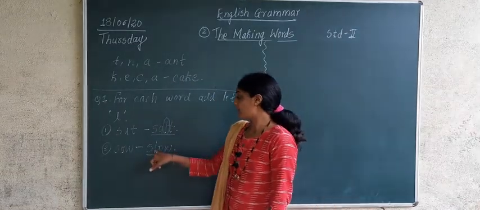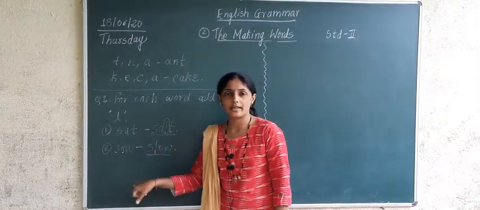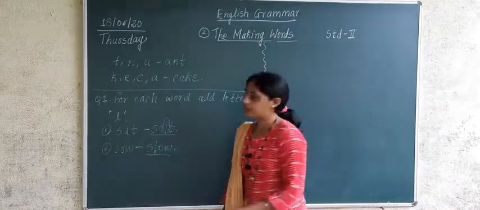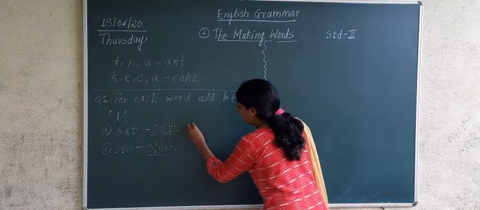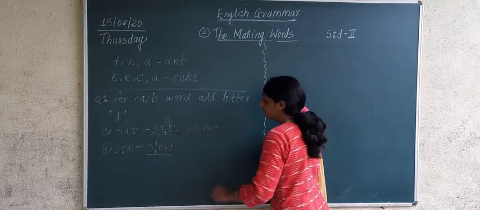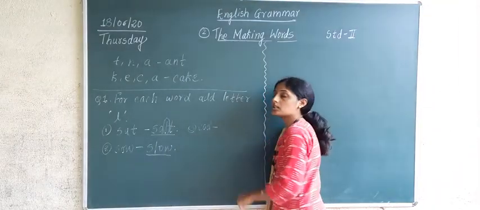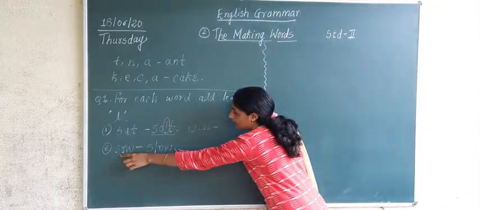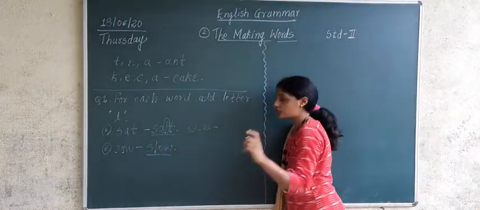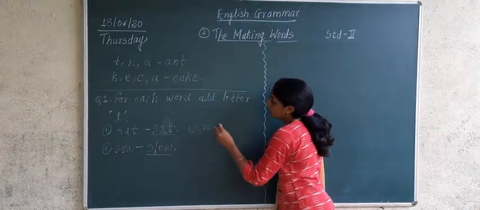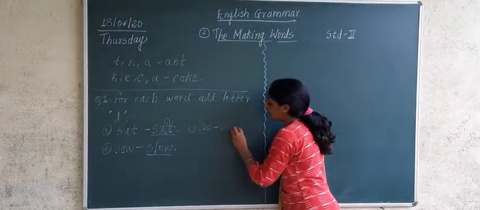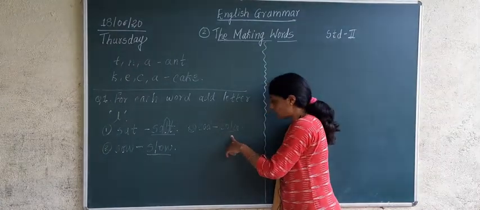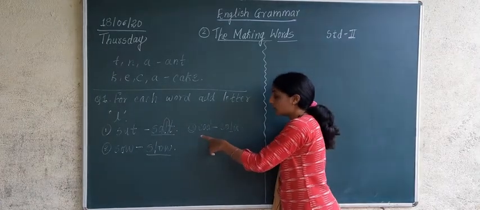What have we done? We have added the letter L. Which letter have we added in this word? We have added the letter L. The next example is COD, cod. Now I want to add the letter L in this word. In the previous word we added it at the second position. Here if I add the letter L at the third position, then what word will it become? COLD, cold.